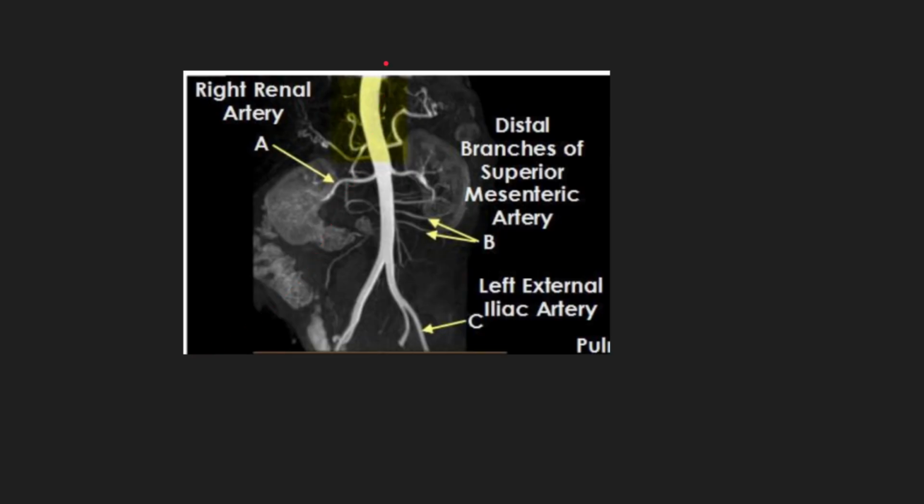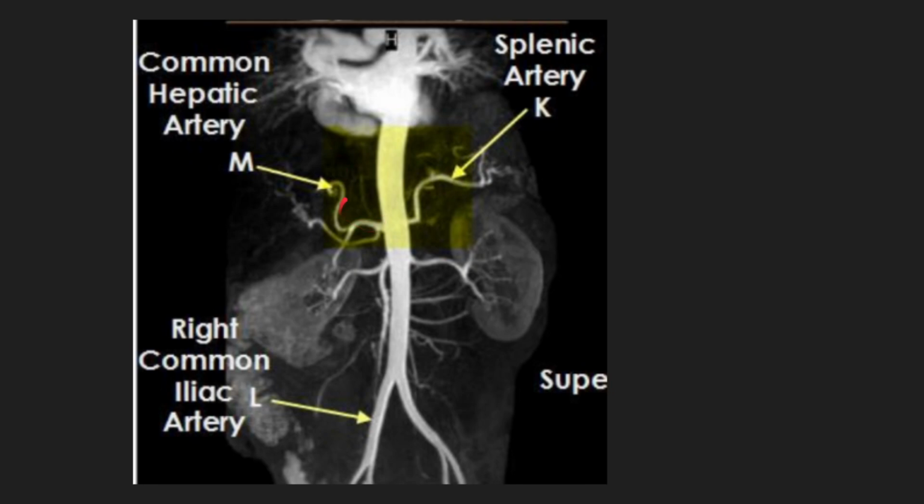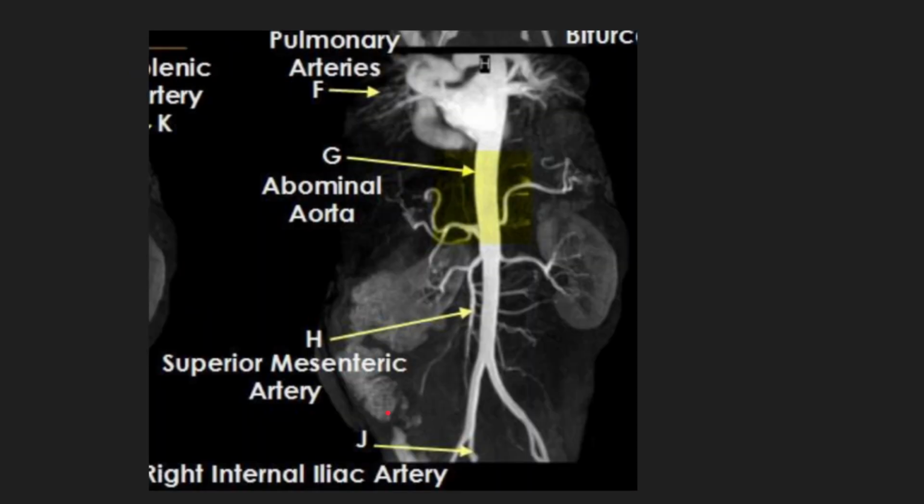You have the right renal artery, left renal artery, right kidney, and you have the abdominal aorta. You have the right renal artery here, distal branches of superior mesenteric, left external iliac, left renal, abdominal aorta bifurcation, common hepatic artery, splenic artery, right common iliac artery there, abdominal aorta, superior mesenteric arteries, right internal iliac,